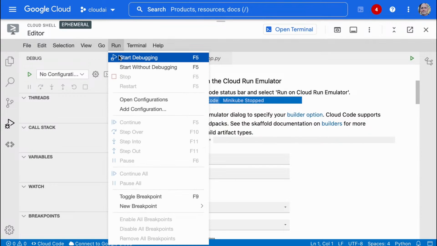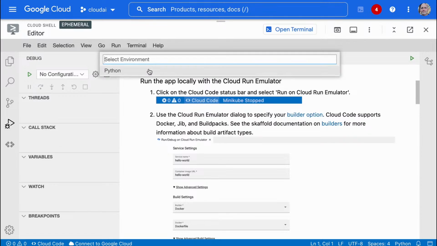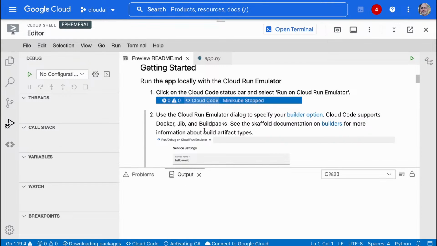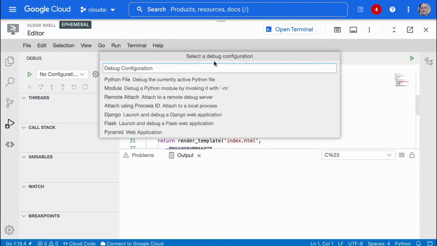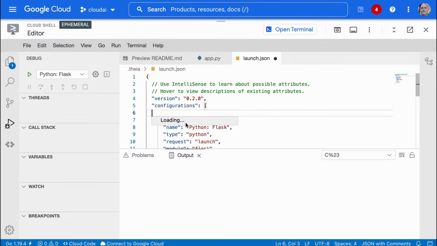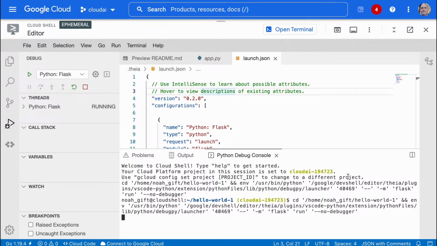Here we go. Start without debugging. And I believe it will just run it locally for us, if I remember correctly. Launch and debug. This one. There we go. So we're able to go inside of here, and we see it's running, etc.